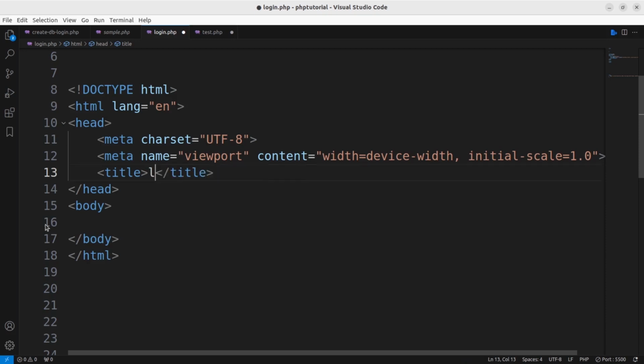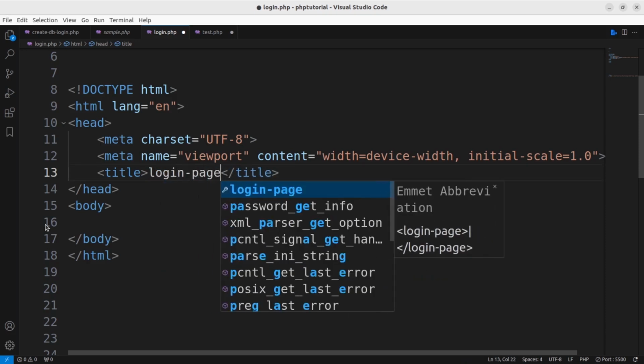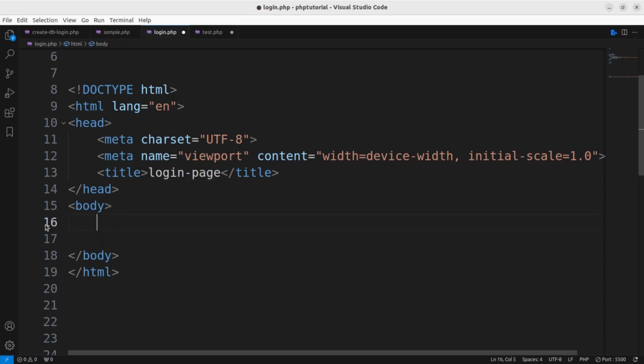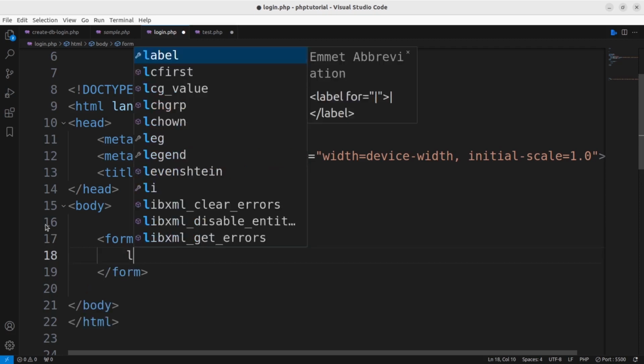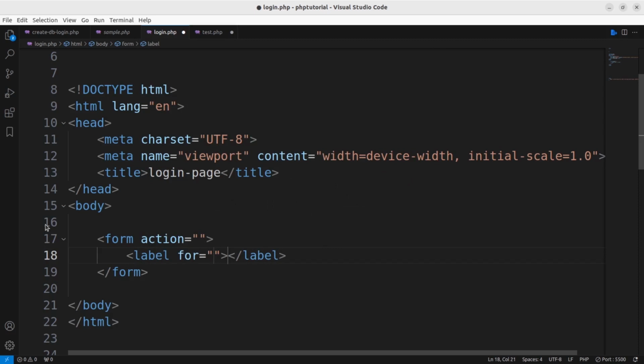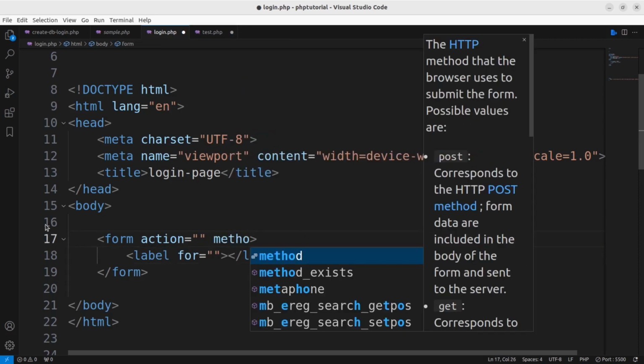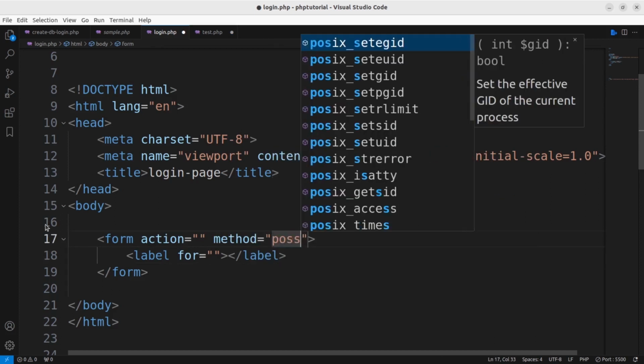I'm gonna call this a login-page, and after that in the body tag I'm gonna add in here form. The value of the action attribute will remain empty because on submission this form will direct you to the same file. Now let's go to the next row and I'm gonna add in here say label tag, and let's keep it, sorry I forgot to add here say method should be post,